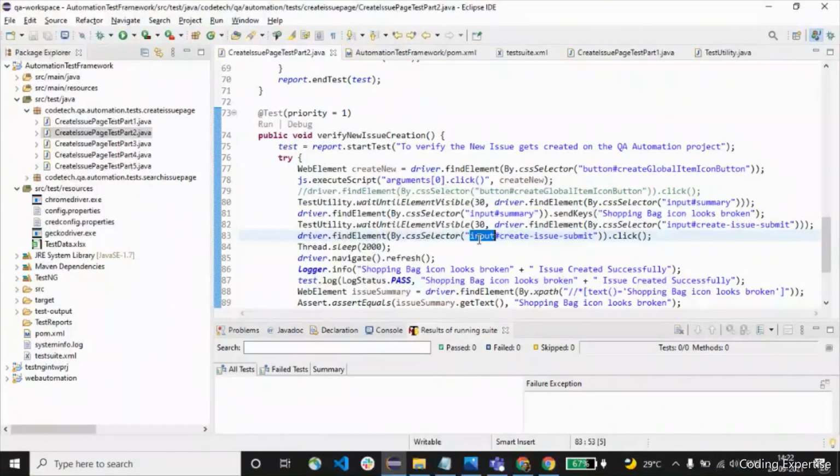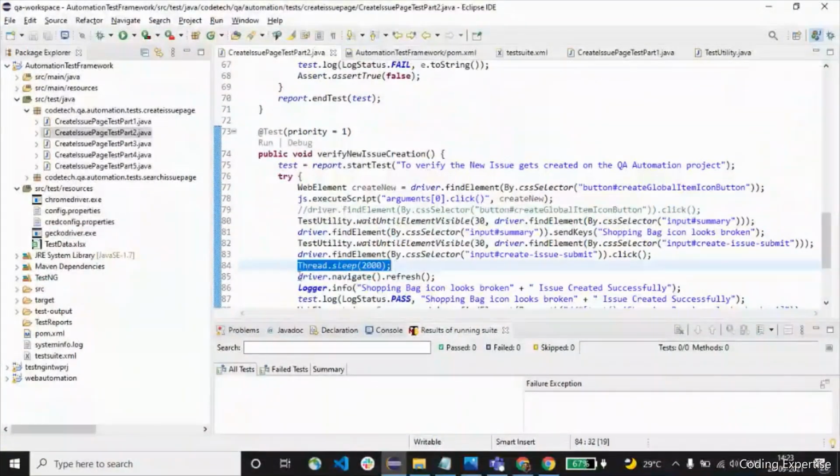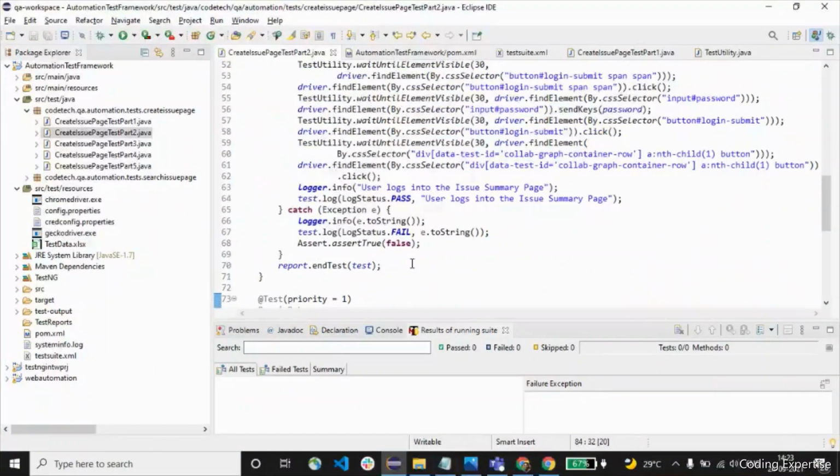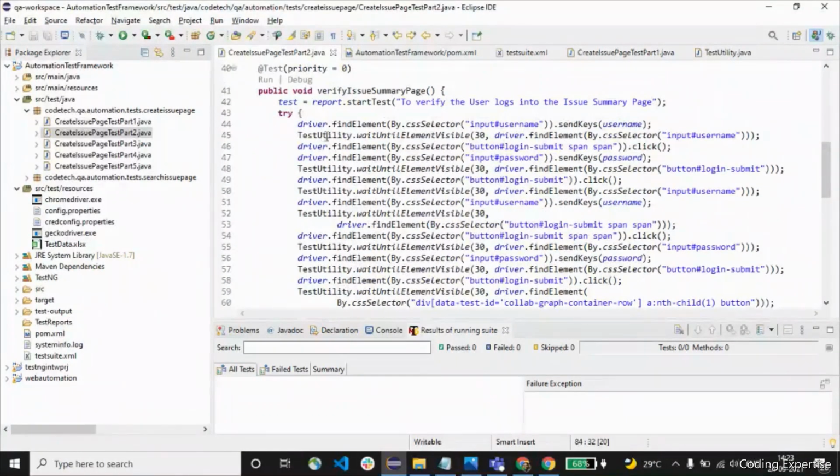So ideally, if we don't use this particular Thread.sleep here, it actually tries to find that particular element. I have to make this particular system wait until some operation is done. So it creates the bug and then we are explicitly making the system wait for at least 2 seconds so that the bug gets created and then we verify it. So that is why we have written only one Thread.sleep inside this particular method. So without this particular line, we have replaced almost all the Thread.sleep with explicit wait. And I would like to show you the execution as well.